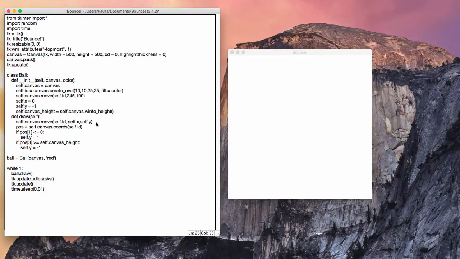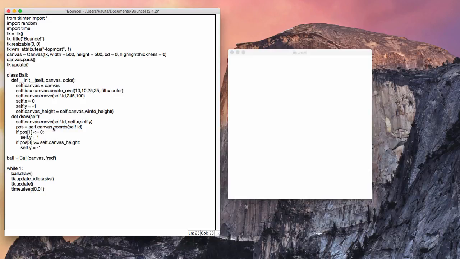Awesome. So this is actually some quite intricate and cool code. In the beginning I explained, we changed this to self.id and self.x, self.y. So we're now using the x and y here. We initialized 2 variables, x and y. We made that 0 and -1. So technically it's 0 and -1 right now. Then we used pos is equal to self.canvas.coords(self.id). Now you must be wondering, what is this stuff? All we're saying here is